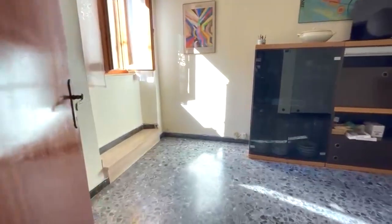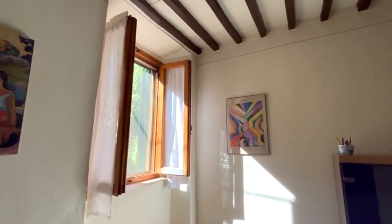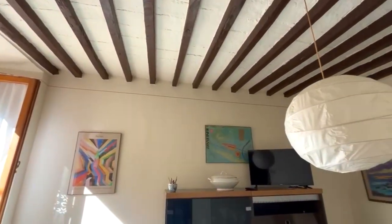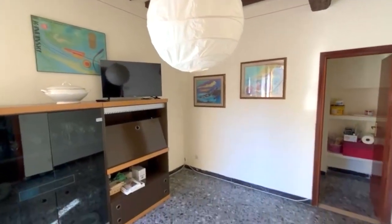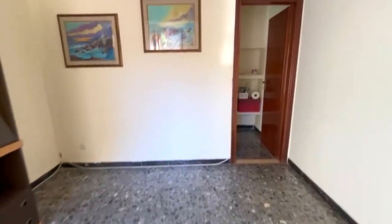And let's move into the next room. The adjoining room is the current lounge room. Again, another light and bright room with terrazzo floors. Once again, we find the Tuscan ceilings throughout, which are a lovely height. Lots and lots of light, and the convenience here is that we have a really lovely powder room, which has